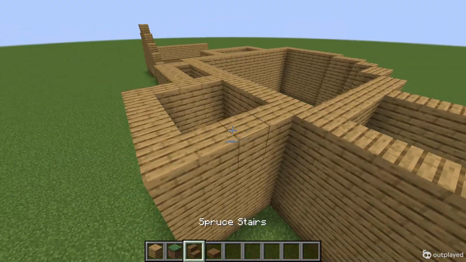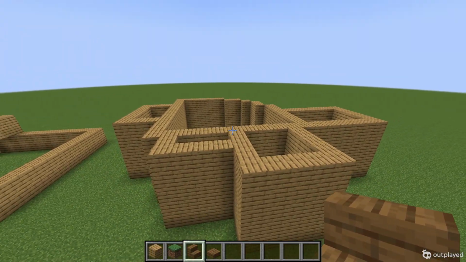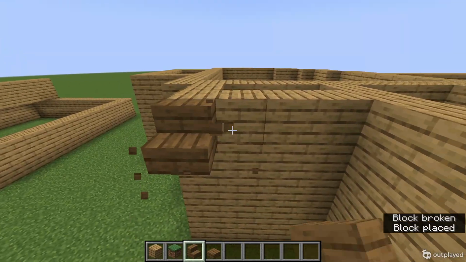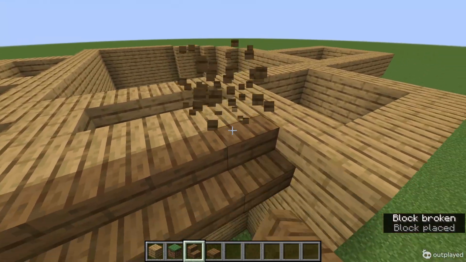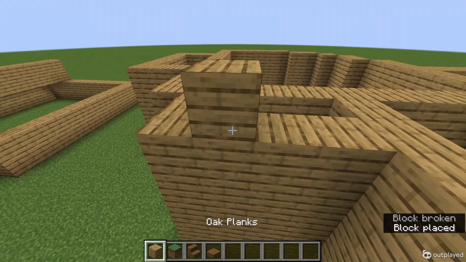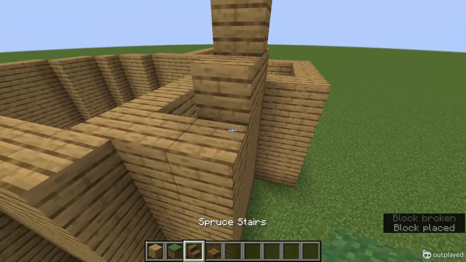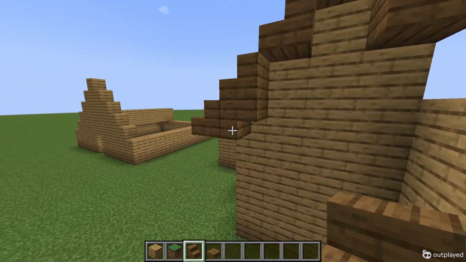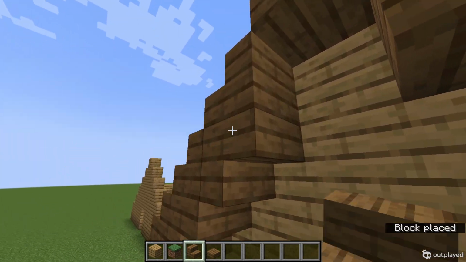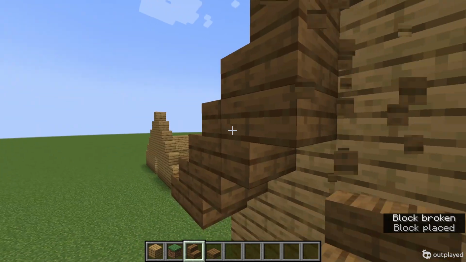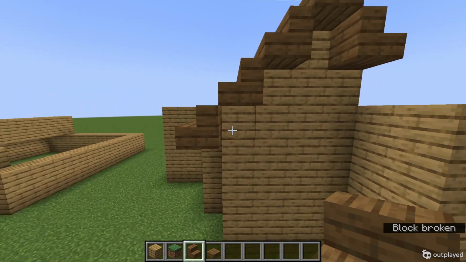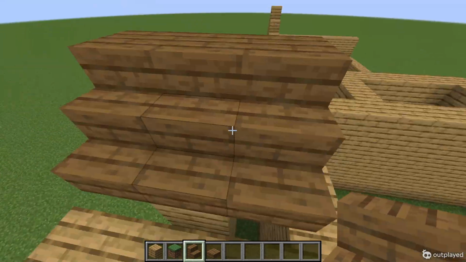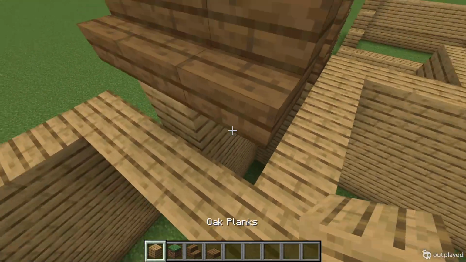But what we can do is find places that we don't want to have a second story, because not all of them have a second story in a house, and sort of add a roof to them already. Now, I know most of you know how to put upside down stairs to make the roof look neater, but we actually don't want these in our total build right now, because we will add them later